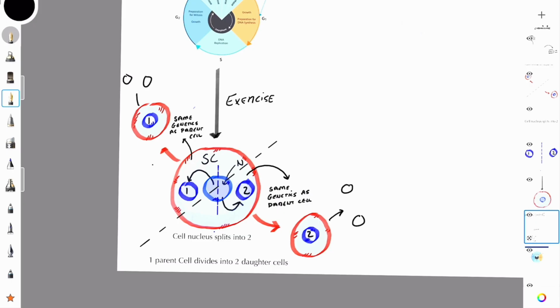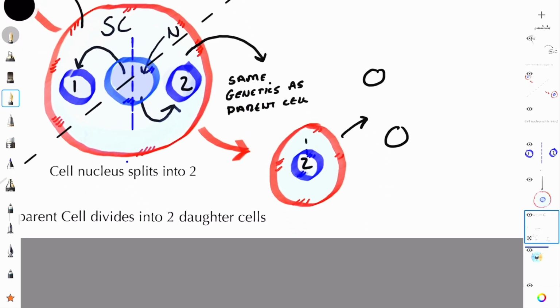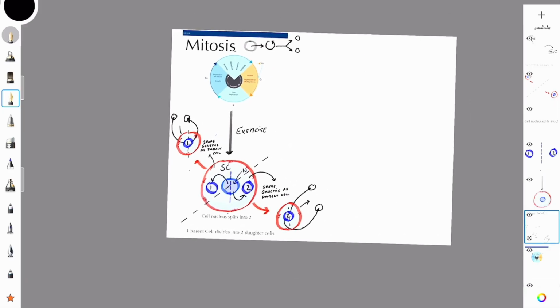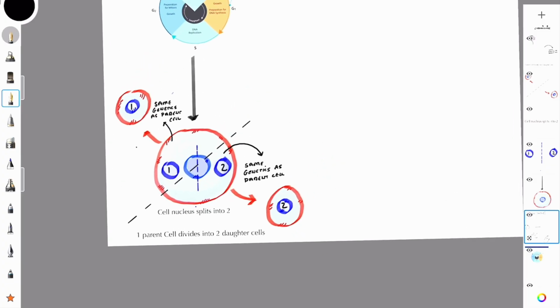And then this satellite cell will have to be split into two, which means this nucleus will have to be split into two, right? And we'll get some of it in this cell, some of it in this cell, right? So we're putting genetic information in there, which means this satellite cell's nucleus will have to be split into two. We have to put genetic information in there, and then those cells can continue to split, and we can have muscle repair, right? So again, this is called mitosis, and mitosis is very necessary for exercise because we have to